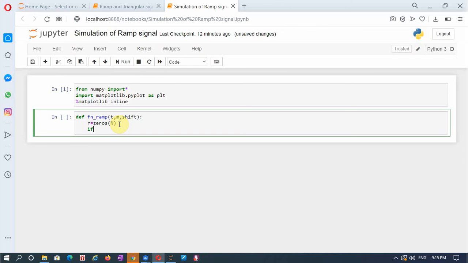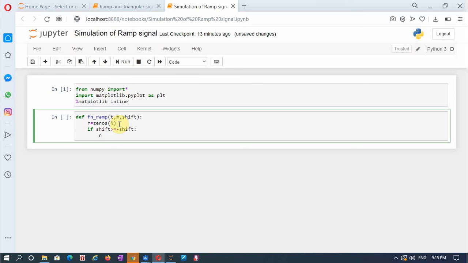See, if shift is greater than or equal to minus shift colon, then the array element R of i must be equal to m into t of i plus shift.